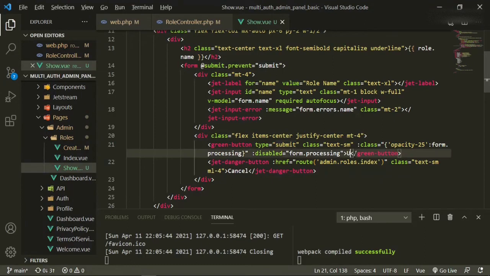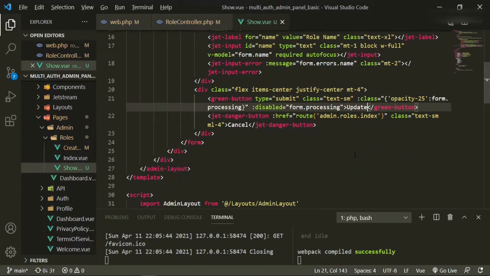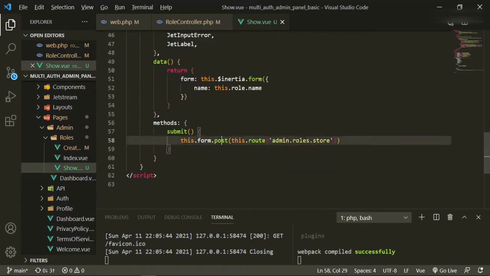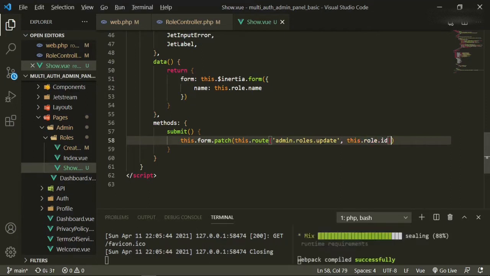We'll change this to update. Everything else is fine. This will now be this role name since we're accepting it as the property to edit. We'll do this form patch, this route admin roles update, then we'll pass in this role ID, and then we'll also pass in this form.